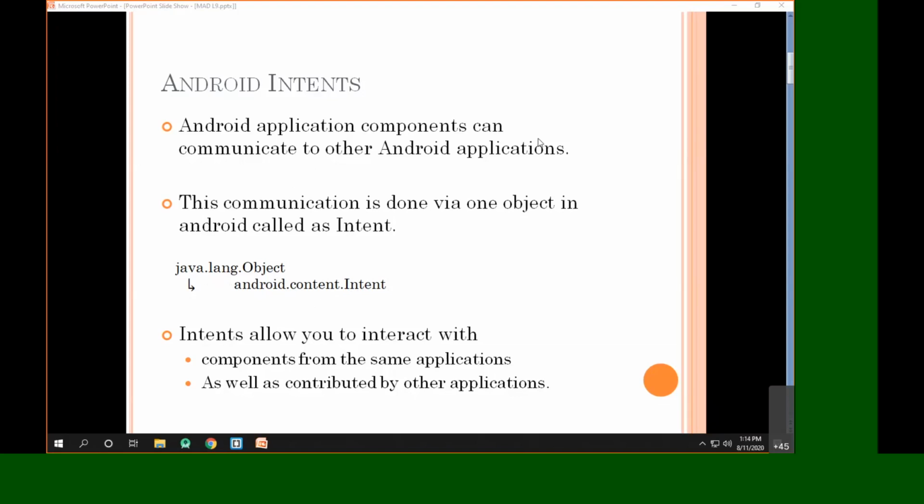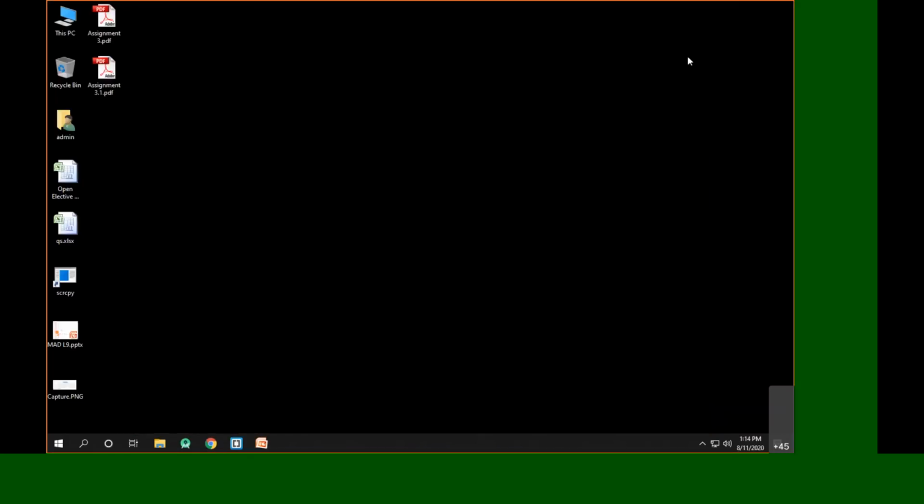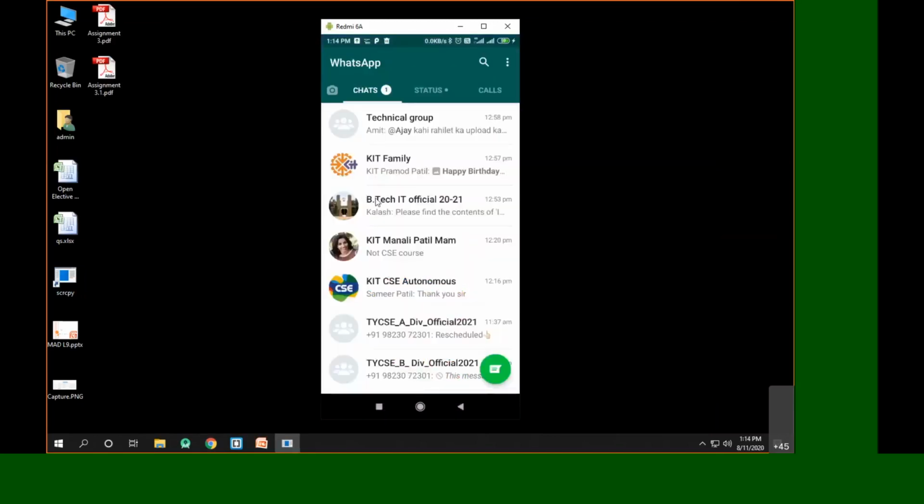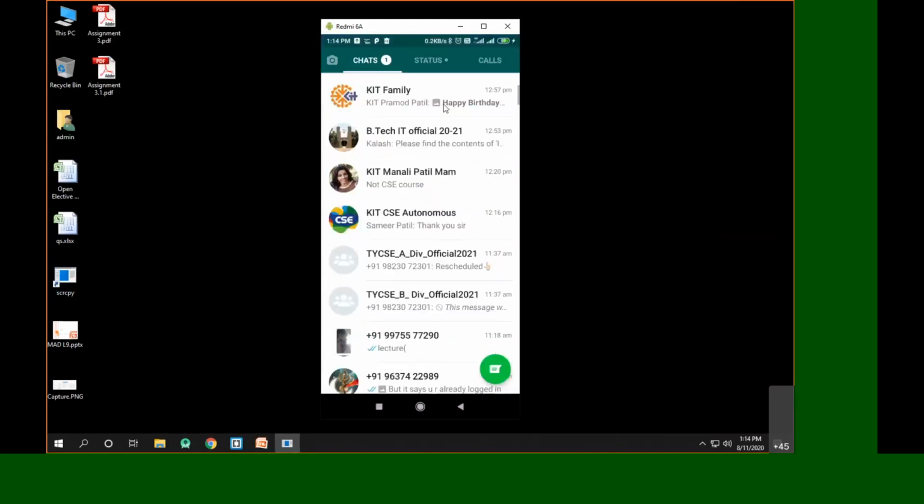Now let's try to understand how intents take place. Suppose this is my Android device. Let's try to open the app. Once we open the app, we can see we have one activity here.